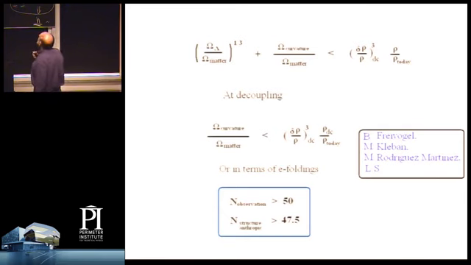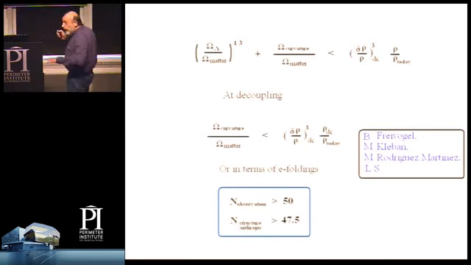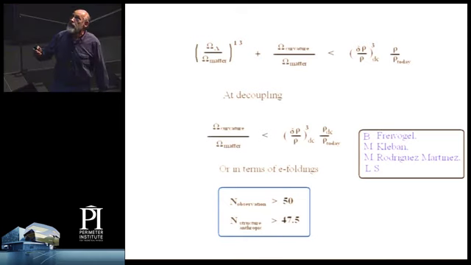This is the inequality which, if it's satisfied, says structure forms. On the right-hand side is something involving delta rho over rho at decoupling, and also at the time that you evaluate the inequality, at an arbitrary time after decoupling. It can be evaluated at any time. Both sides scale the same way. This is delta rho over rho at decoupling. What's over here is omega lambda, the vacuum energy due to the present-day cosmological constant, divided by omega matter to the 1/3 power. And here is omega curvature divided by omega matter.